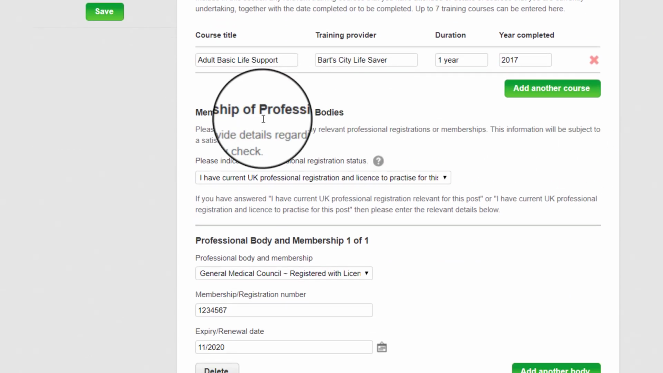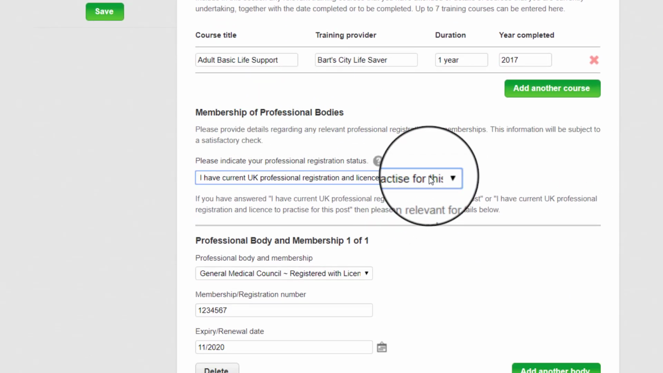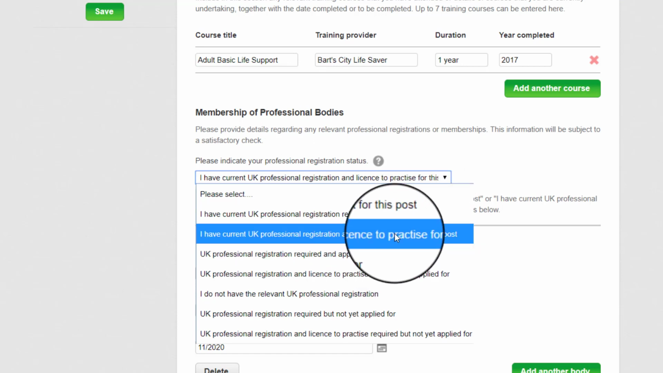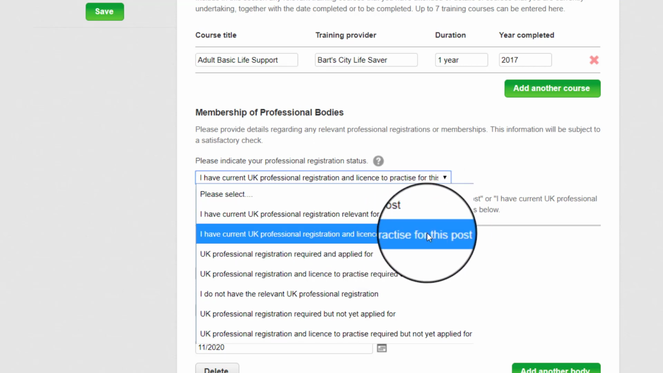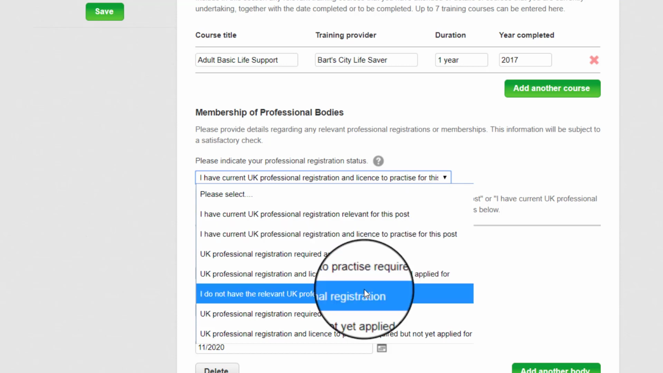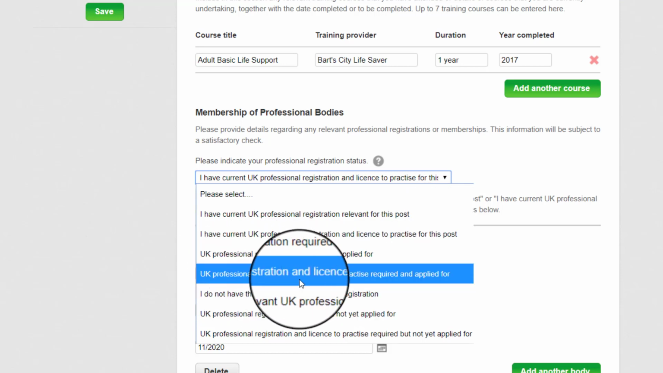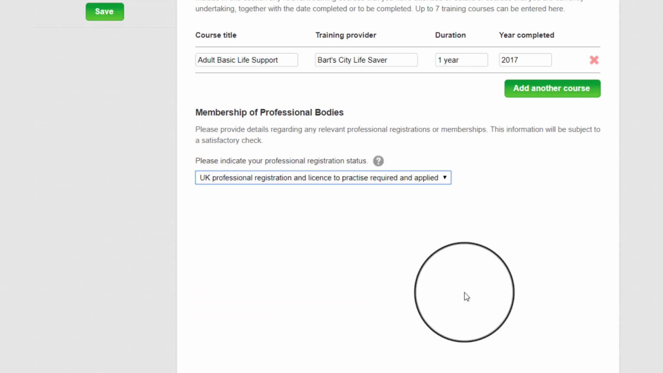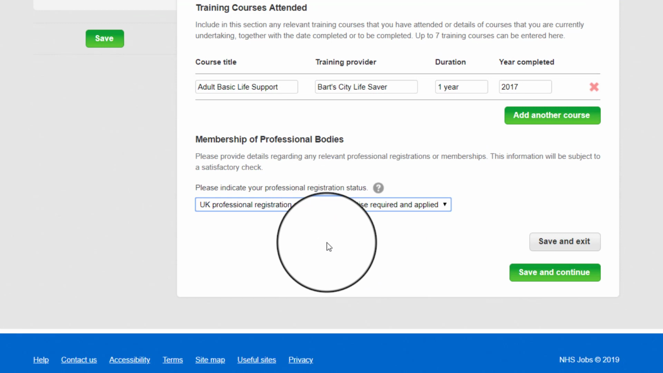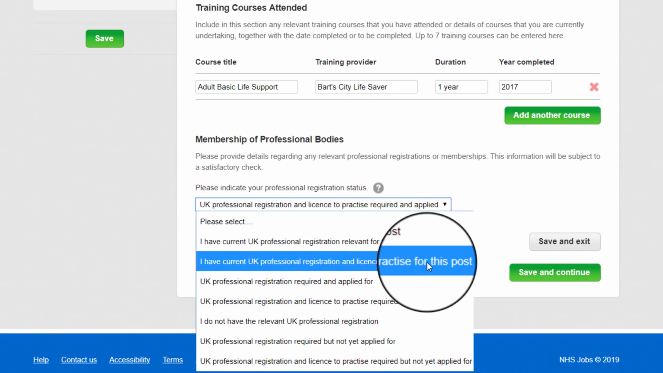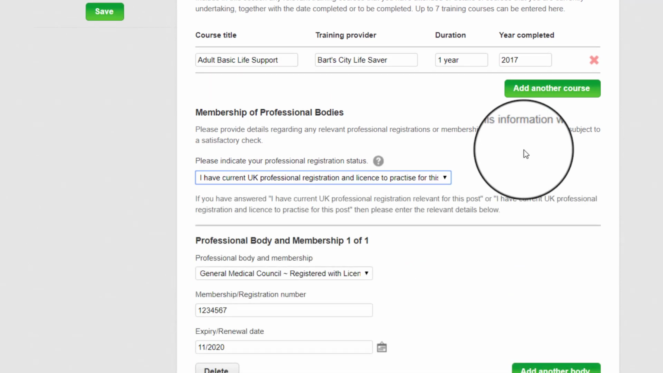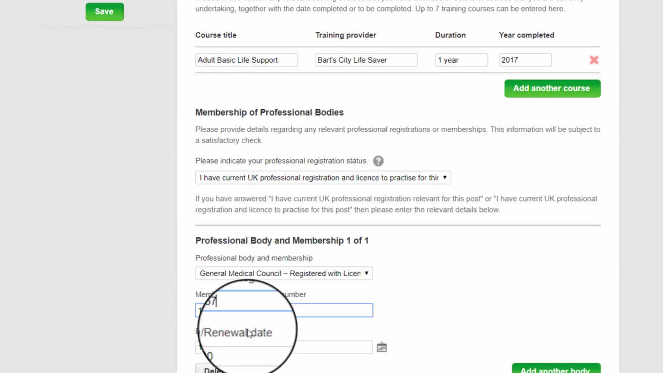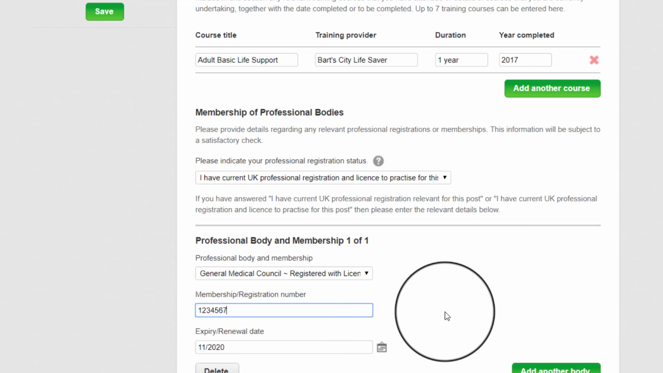Then comes membership and professional bodies. If you have a current UK professional registration, you can choose this option. If you don't have it but have applied for it, then you can choose this option. UK professional licence and registration is required, obviously, for whichever job you'll be applying for. If you have not received the registration yet, you can just choose the applied-for option. If you have, then you put your membership number, and the renewal date would be 1 year from